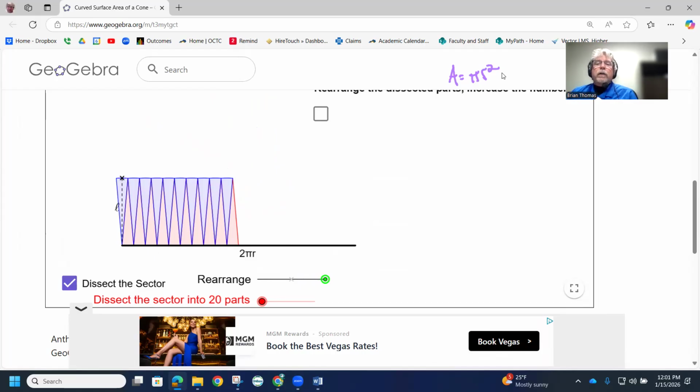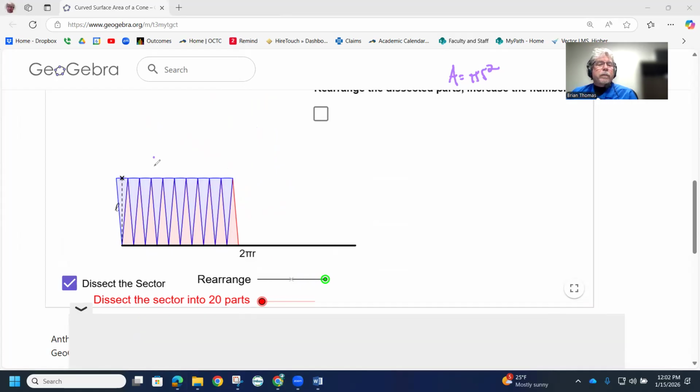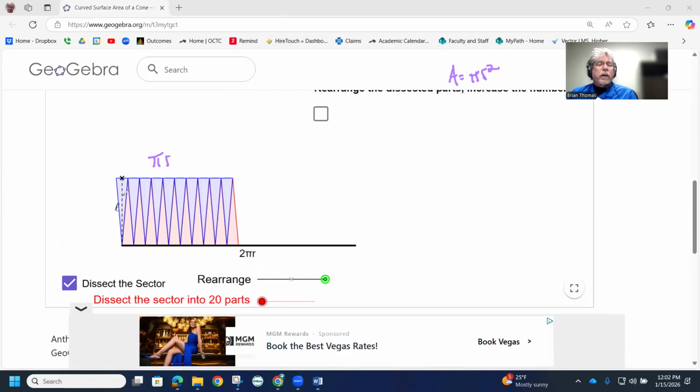So this length now is actually just simply pi r. So to find that area that wraparound, it looks like it's going to be this length times this pi r. So the surface area would be pi r squared to determine the area of the base, but then you got to add to that this pi r times this L,